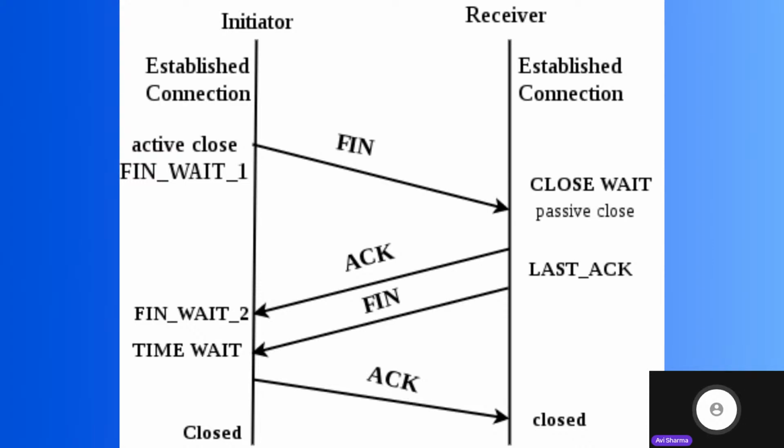TCP uses three-way handshake and four-way handshake. So here in the four-way handshake, however, this is not used as frequently, you can say. Okay, so there is an initiator and receiver. This diagram is the same as the previous diagram that called it client and server, right? At an established connection, okay, this is important to understand. TCP guarantees delivery, but it is slow. It is important to understand that an established connection is required for the four-way handshake.